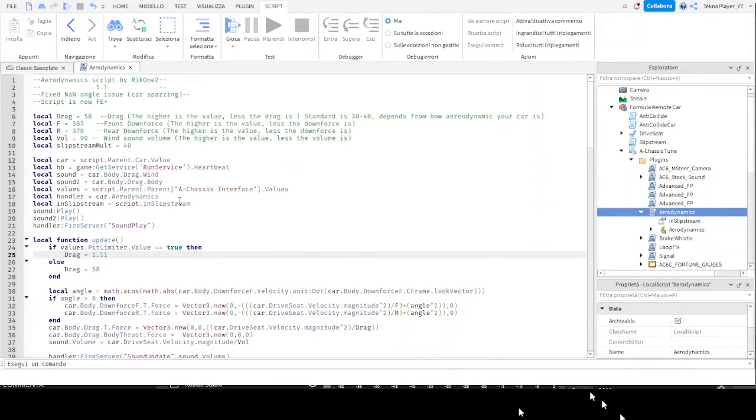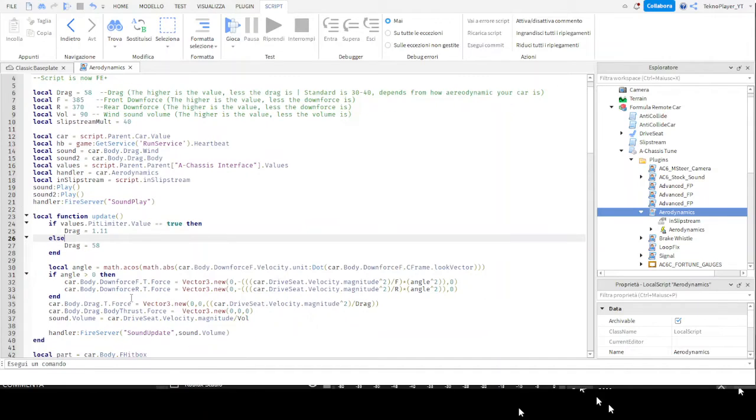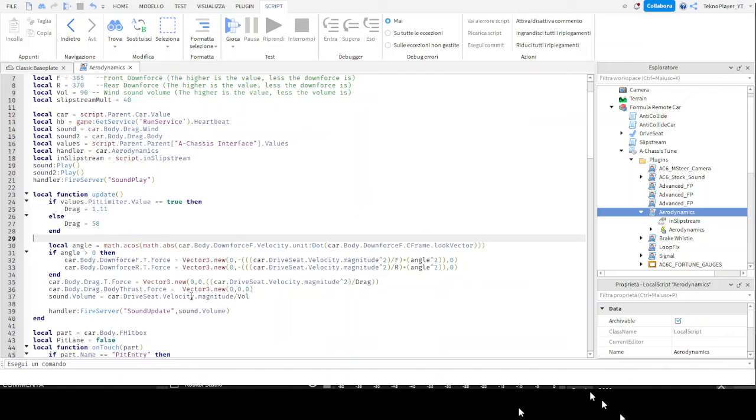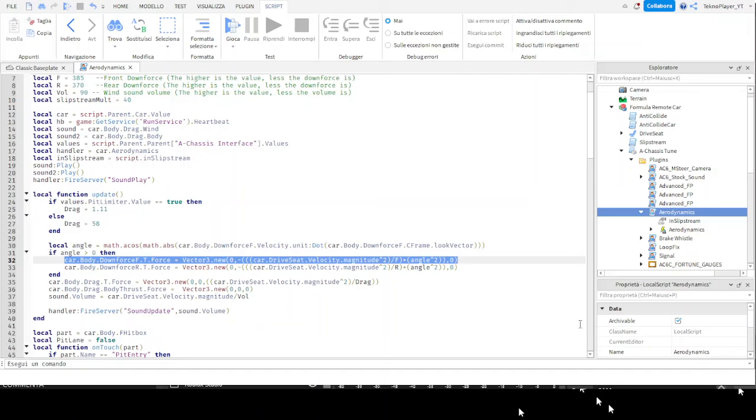And with this script, if the pit limiter value is true, then you have this number, this value of drag. Basically, I've found this value with tests, of course, and this value makes your speed cap at 59 km/h, so it's a fair amount for a pit limiter. Also, another thing, if you're using different downforce formulas, like this is a formula for downforce,